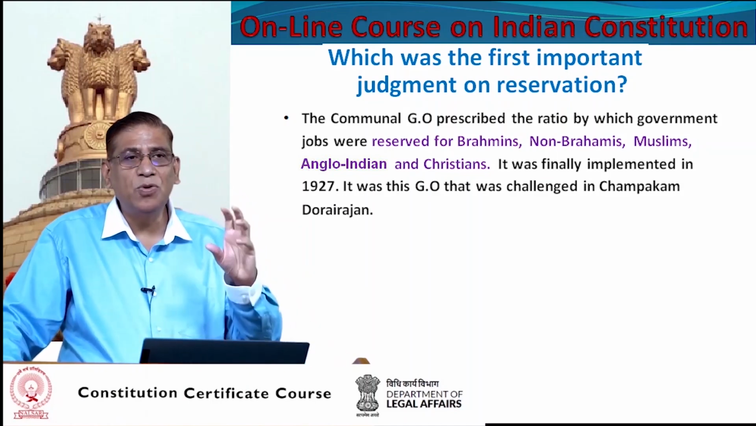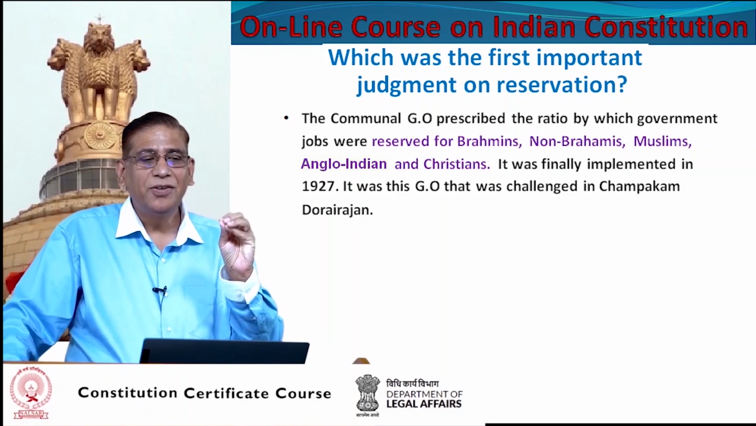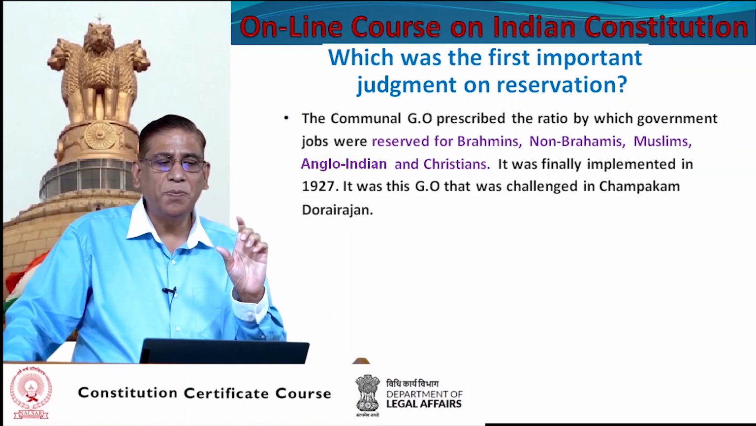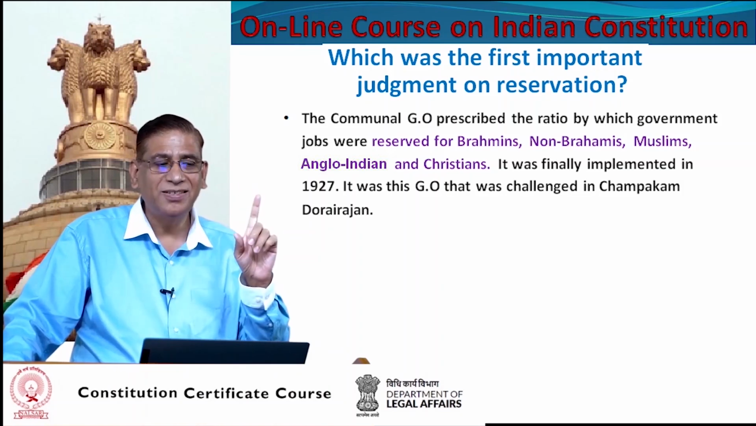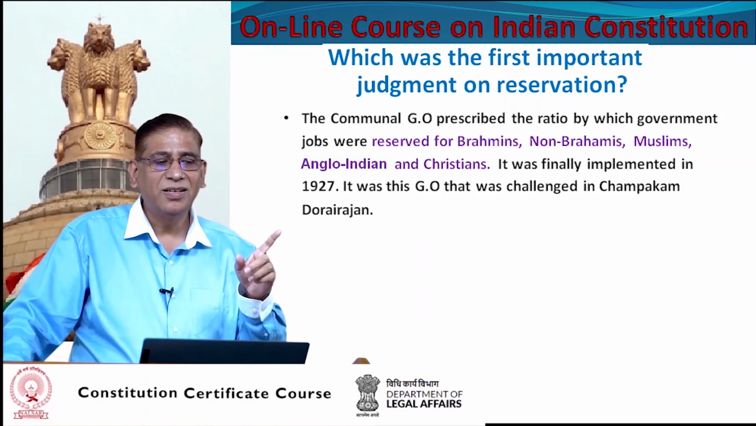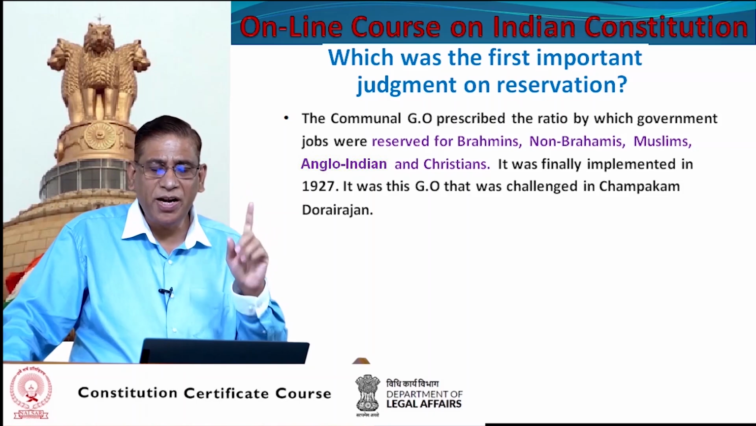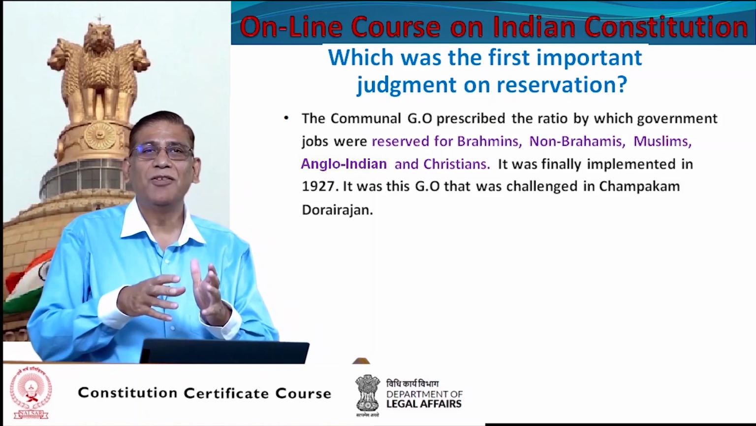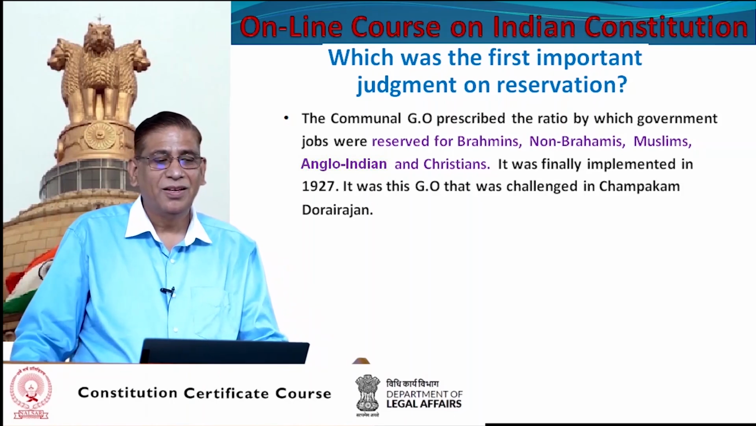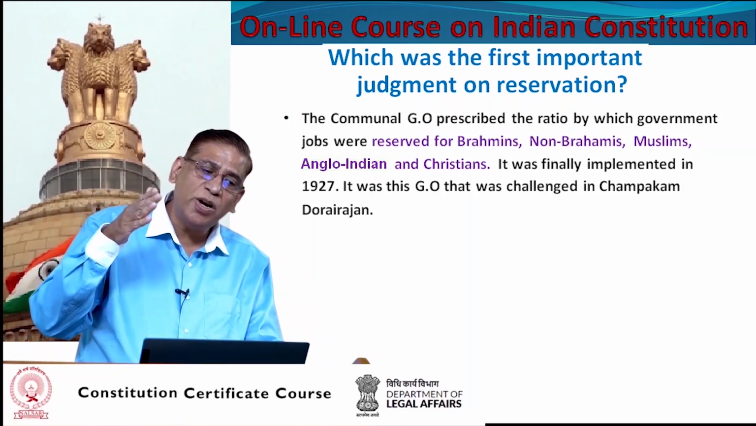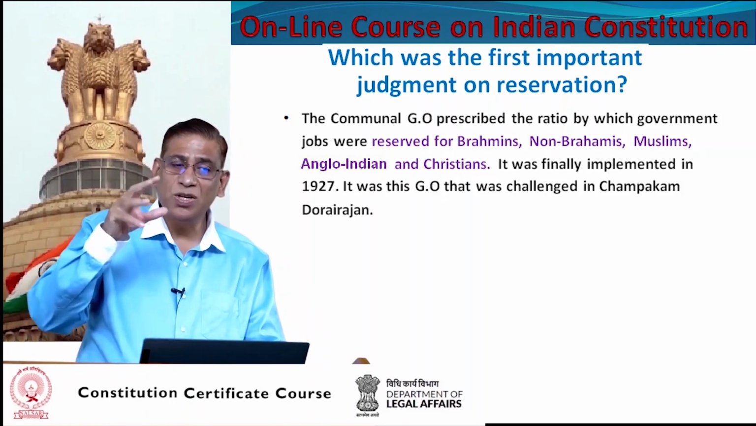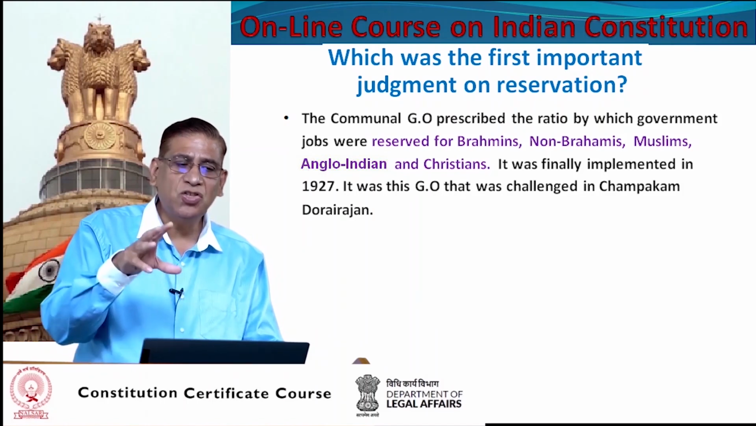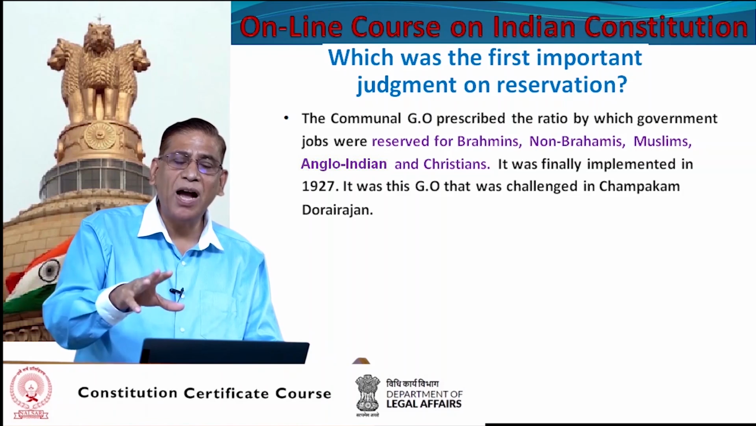There was a communal order of the government which prescribed the ratio by which government jobs were reserved for Brahmins, non-Brahmins, Muslims, Anglo-Indians and Christians. So there was reservation for almost everyone. It was implemented in 1927 and it was this GO which was challenged in the historic case of Champakam Dorai